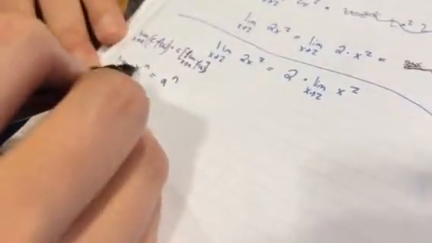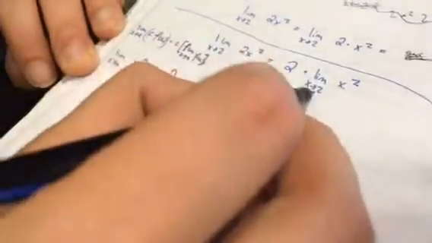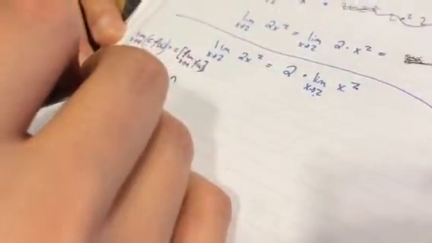Next we're going to use another limit law that says the limit as x approaches a of x to some power is the same as if it's just a to some power. What we want to think about is that this x to the n is like this x squared, and this a is like this 2. So to figure out the limit, we just need to take this a, or this 2, bring it over here, and raise it to the same power. So this is 2 squared. So when we're done, we have